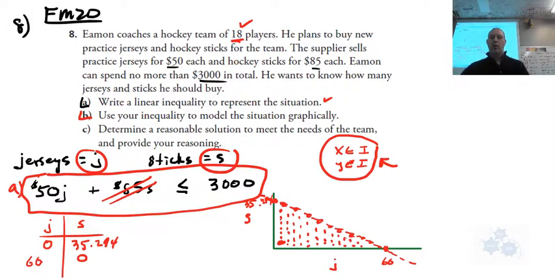So are there any points where we can have more than 18 of each? And again, you're probably also going to want those numbers to be fairly close to each other, right? So that we have complete sets, a jersey and a stick for a player. If you buy a whole bunch of sticks but only half the number of jerseys, it's like, well, actually that's